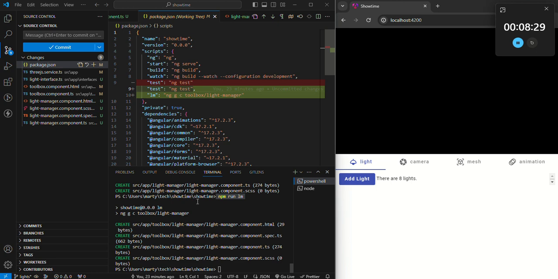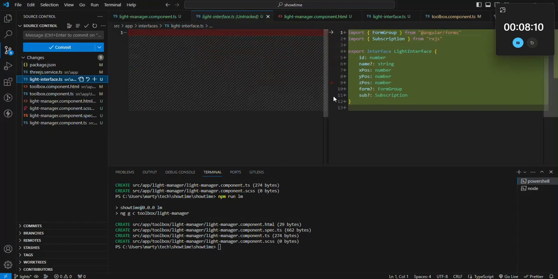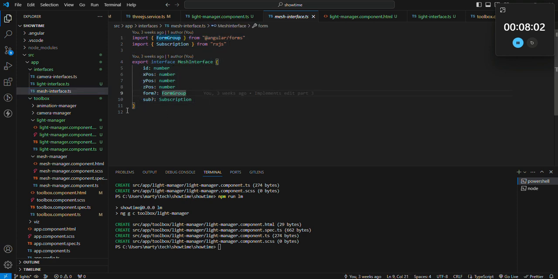So it's pretty cool. And so then at this point, the next step is like, okay, so what do I do? Do I start on the front end? Do I start in the service? What do I do? And the first thing I did was set up the interface. And I basically modeled the interface after, let me go ahead and do this thing that I always do and maximize. So basically, I modeled it after the mesh interface. So the mesh interface, I just copy and pasted this over. It has an ID, an X position, Y position, a form, and a